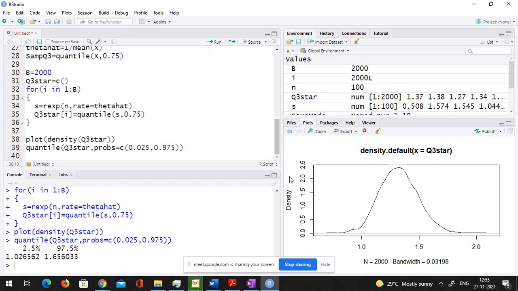I have given you homework. Try to find the command for mode and then repeat this exercise for mode. The parametric bootstrap and non-parametric bootstrap, repeat it for the mode of an exponential distribution. And right now I have taken a different sample while going for parametric bootstrap, but I would suggest use the same original sample, apply both the methods and see how the estimates differ, how the confidence intervals differ.